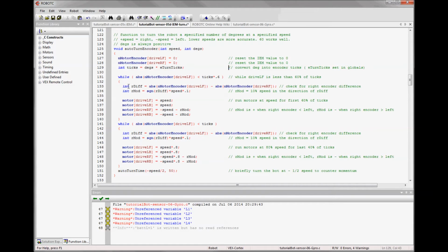And I'm checking for a difference and modifying my right motor speed. The difference with this check is that I need to subtract the mod in the turn function because, you know, the right side is going the opposite of the left. I did it a little bit different, where I send it a slower speed